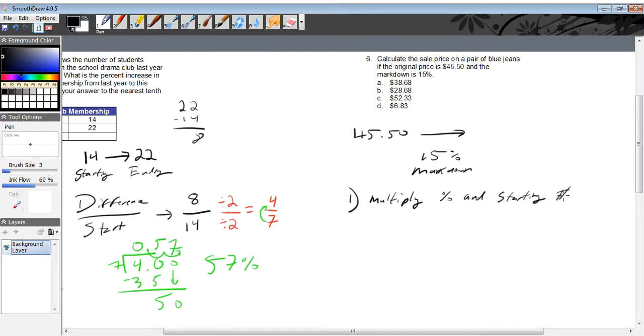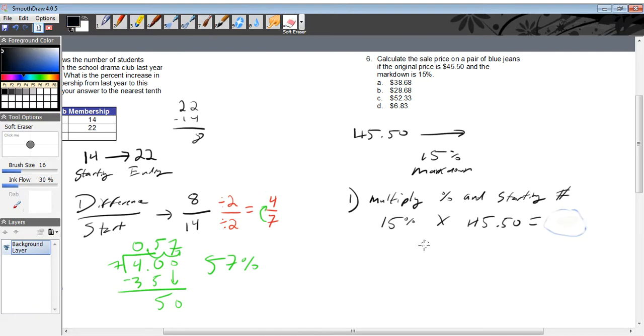So here it's going to be 15% times 45.50. And it's going to give us some answer. This answer here, whatever we get here,